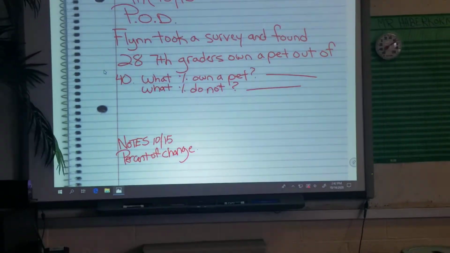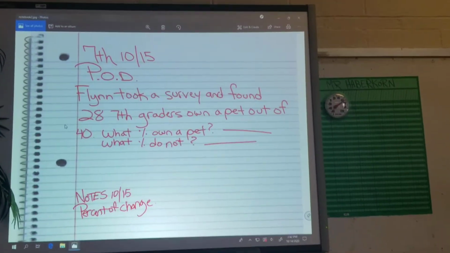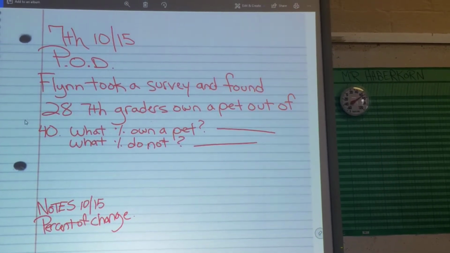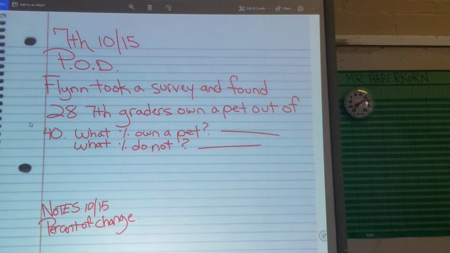All right, here is our problem of the day. Give it a try. Do your best. See what you come up with. It's a longer problem, but I still want you to write down everything you see in your notebook. All right, I'm guessing you hit pause and you wrote everything down that you see and you tried the problem